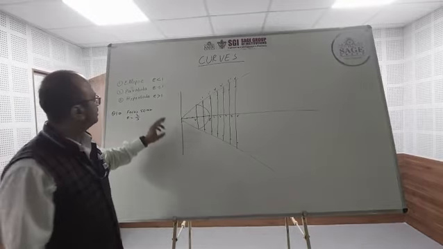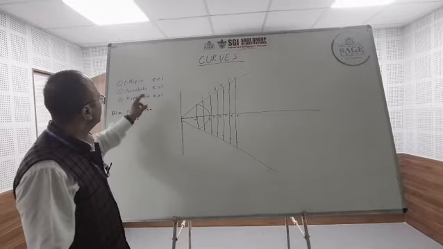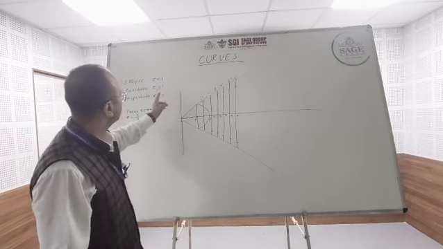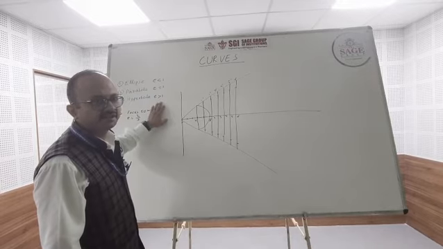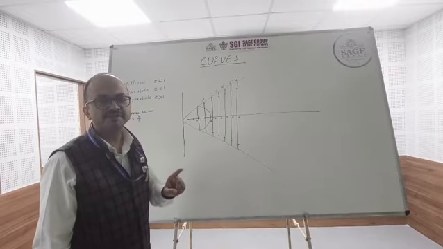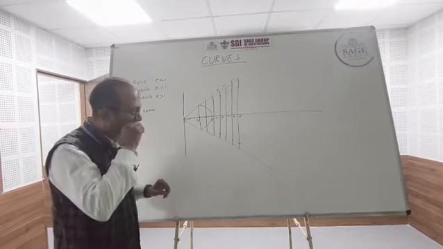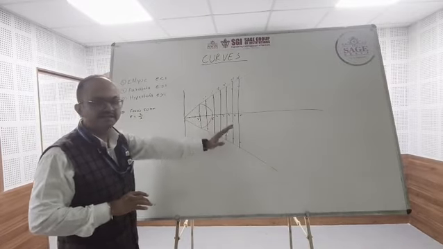In curves, we will discuss ellipse, parabola, and hyperbola. Eccentricity for an ellipse is less than 1. For a parabola, it is equal to 1, and for a hyperbola, it is greater than 1. The formula of eccentricity is the distance of the point from the focus divided by the perpendicular distance of the point from the directrix. With the help of a question, we will understand all three in one class.